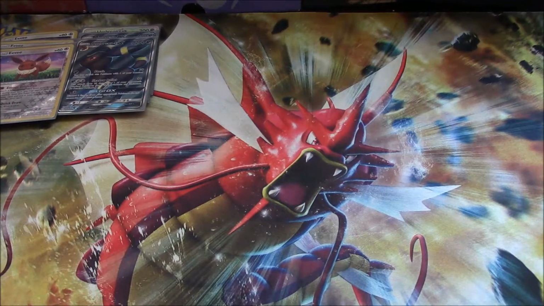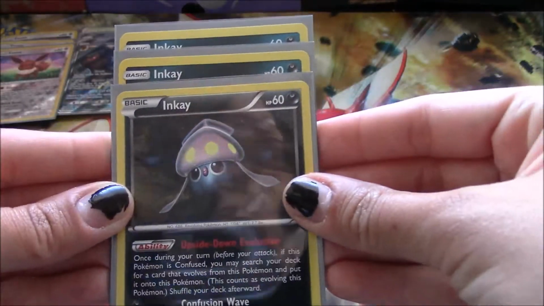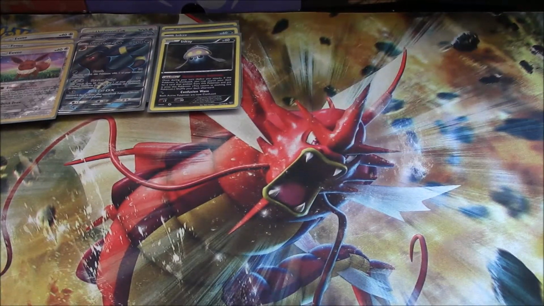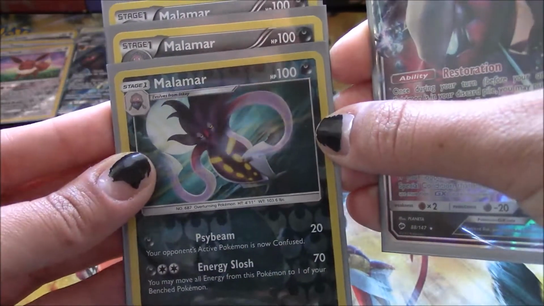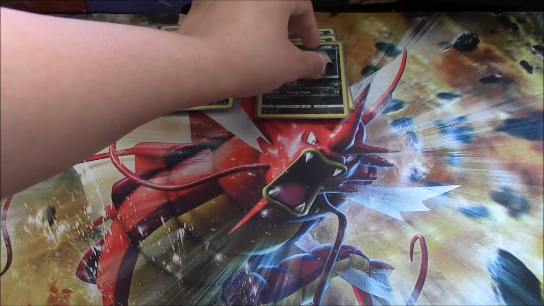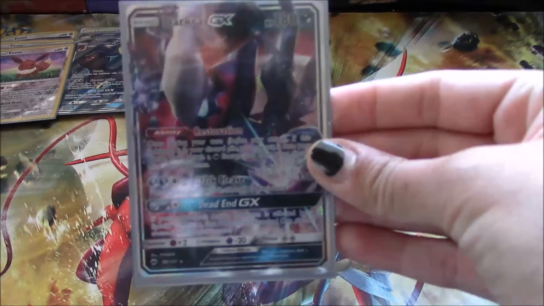Alright. Next, we are running 3 copies of Inkay. And we have 3 copies of Malamar. So we're running a bunch of Pokemon that I found that deal some conditions, because that is what Darkrai